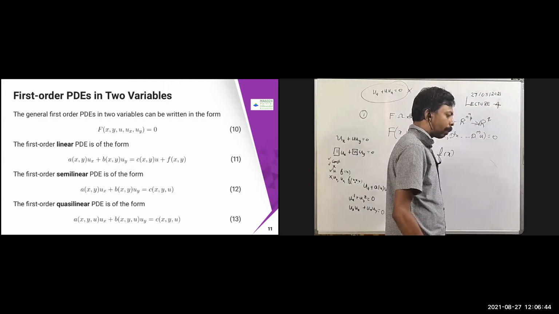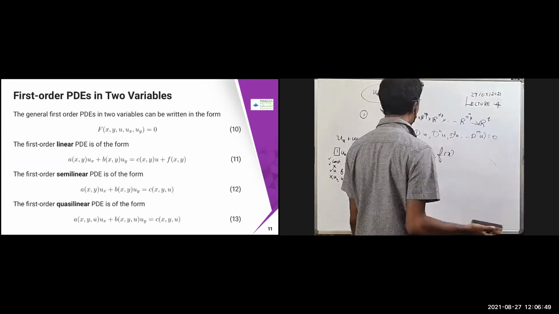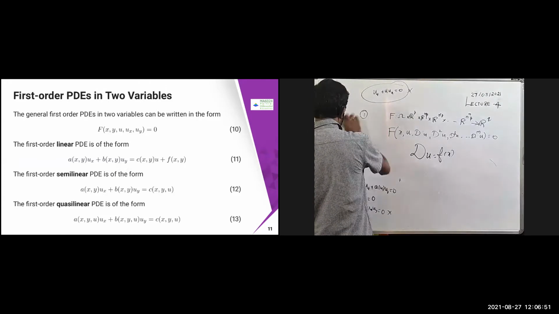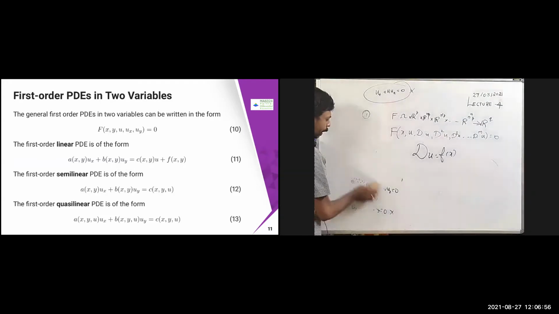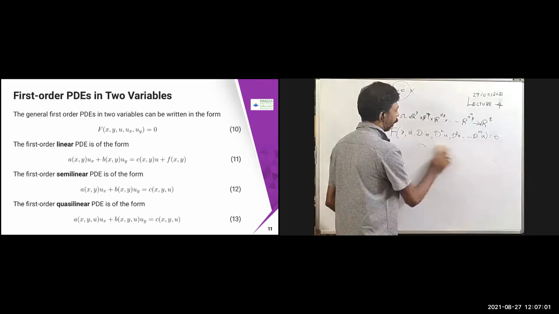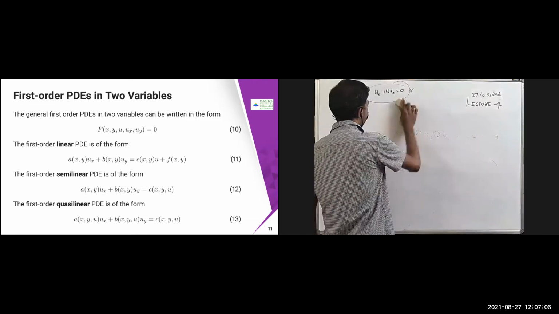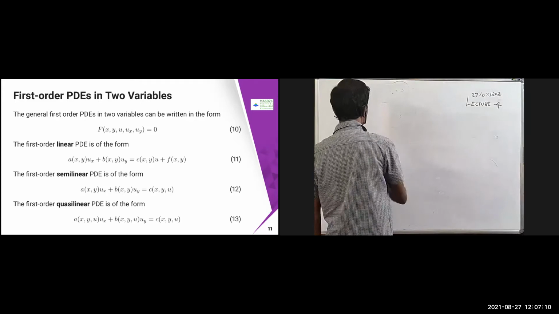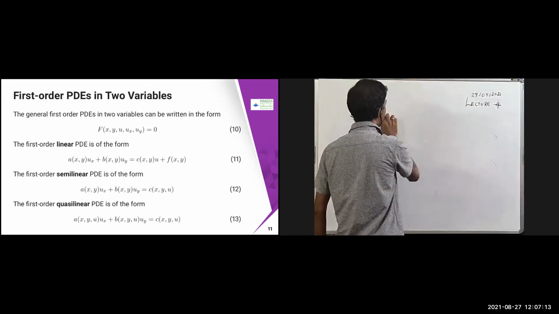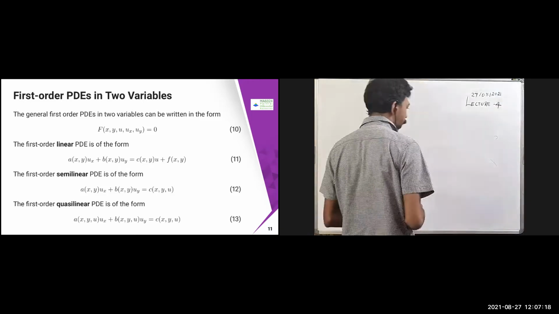So first order PDE in two variables. We are going to discuss only one or two variables most of the time, and anyhow we'll explain that with some general settings also for some cases. But now let us see the examples which I have given. Let us see what all the things are going to be there. So I'm just going to stick to PDEs in two variables and three variables in the next 10 or 15 minutes. Then we'll discuss that, and then I will explain the problem where you committed a mistake also.